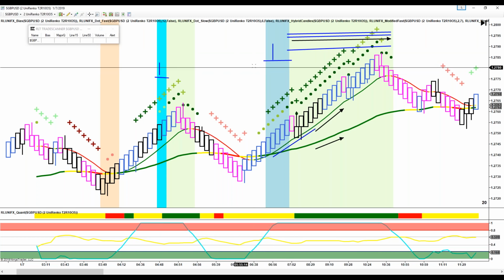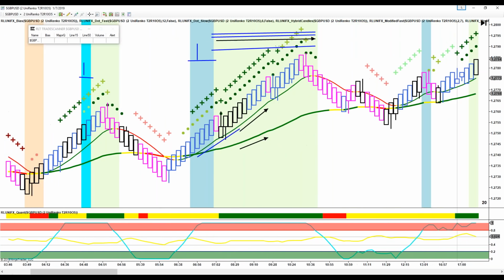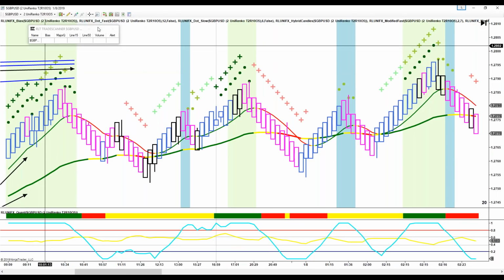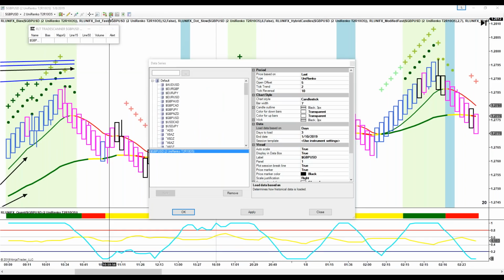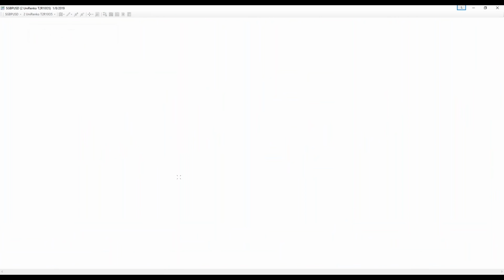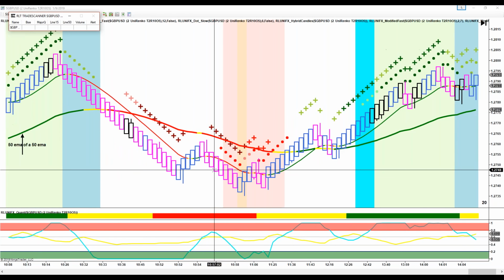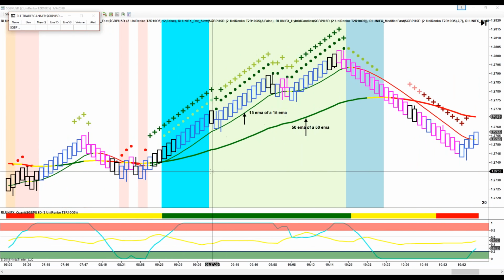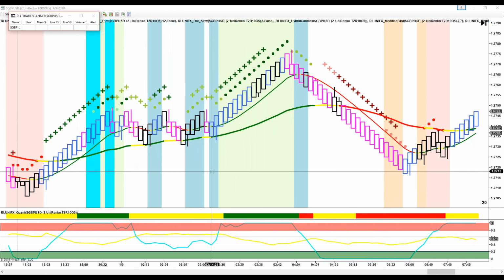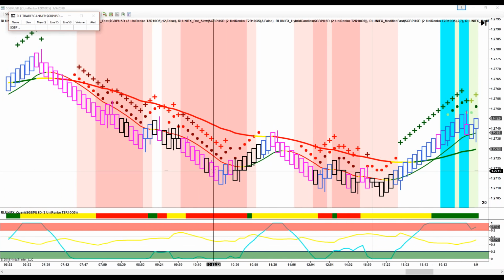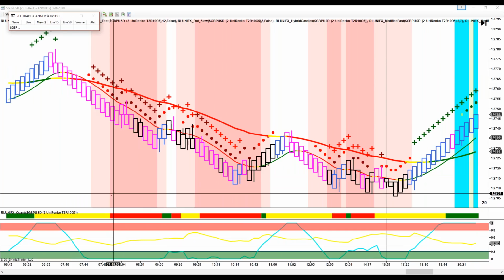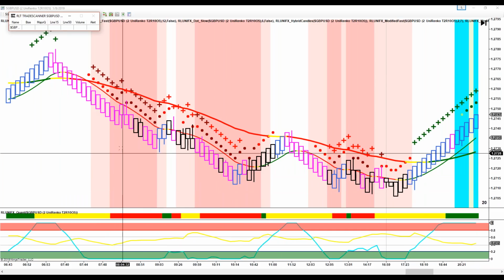So all we're looking at here, and for the downside, I think I'm going to have to load a few more days here. I only have 3 days loaded. Why don't I load 10? Now, let me find some downside color here. Right here. I mean, when you get this dark pink,